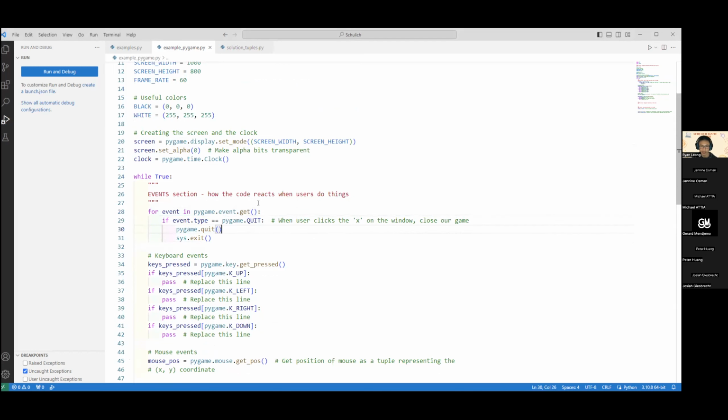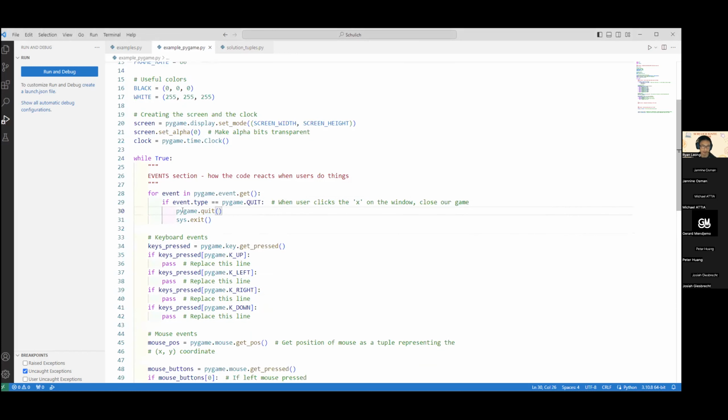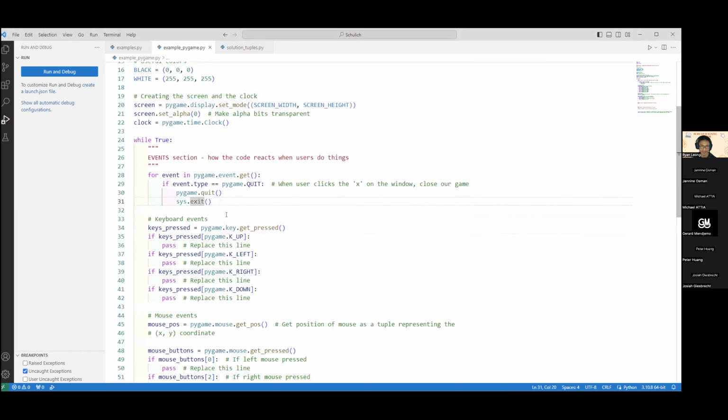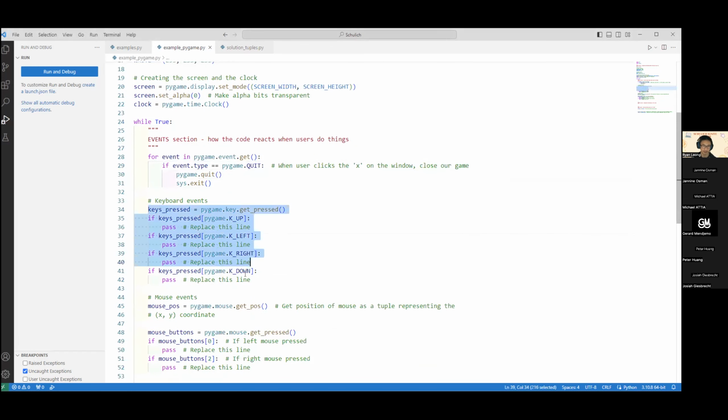If you try to print it, you would see that mouse movement is an event, any sort of key up or key down is an event, and any sort of scrolling is also an event. In this case, it's only going to check for you clicking on the X button in the top right of the window, and if that happens, it will quit the game. Then you have the keyboard events as well. And key equals key press basically returns you a list